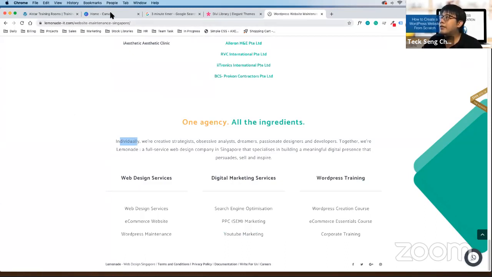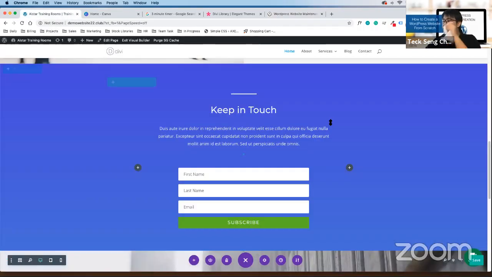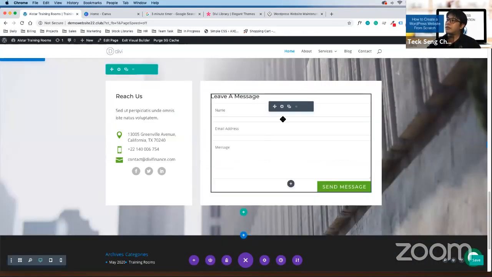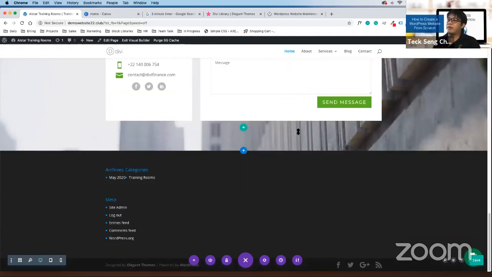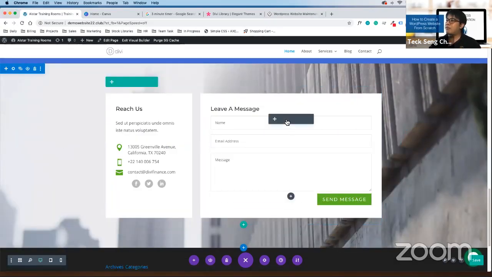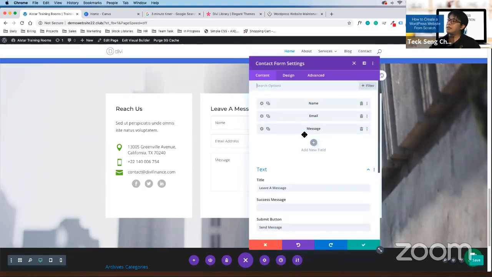Okay, done too much talking here. We want to give you a try: how to save to library. To save to library, for example, we are going to create a contact form. As an example, let's head down to our contact form, scroll all the way down. What you can do is click on the settings. Let's create one more field so that we can see the difference. Click on the settings, click on add fields, add new fields.